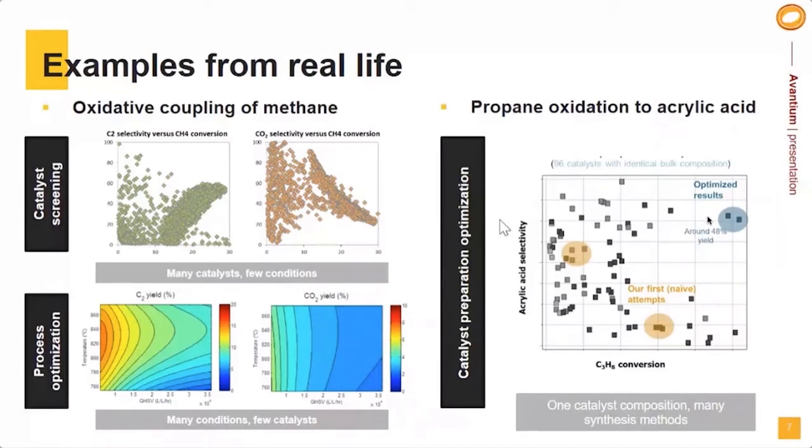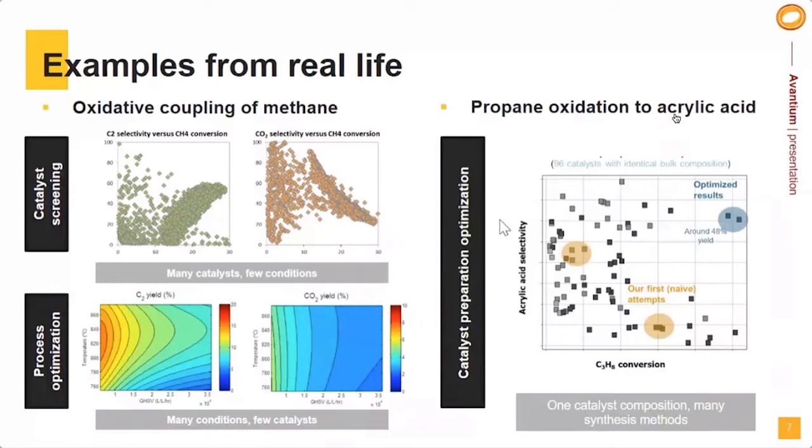So then you actually have an undesired side reaction, because then you're burning the methane. So the green data should be as far in the top right as possible, and the CO2 selectivity should be as low as possible. So from these kinds of plots, you can find the best catalyst: the catalyst with the best selectivity and the lowest byproduct, for example, CO2.